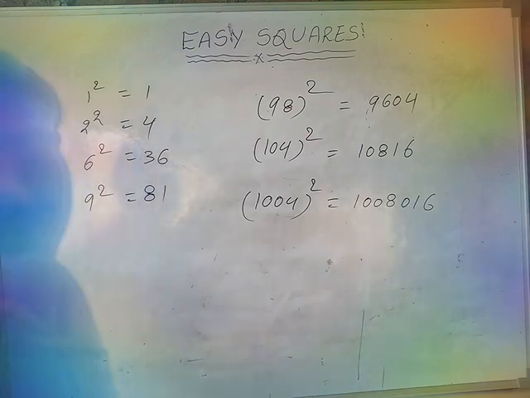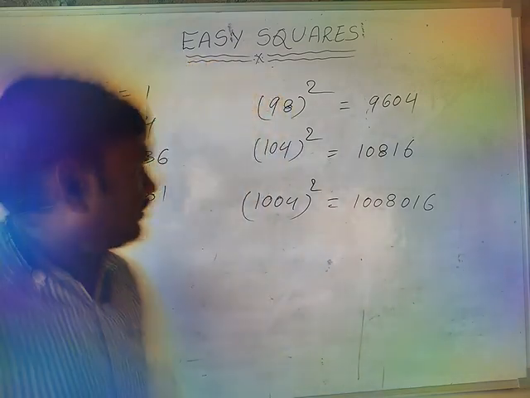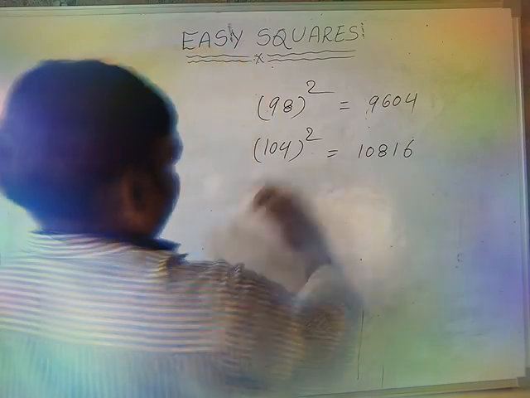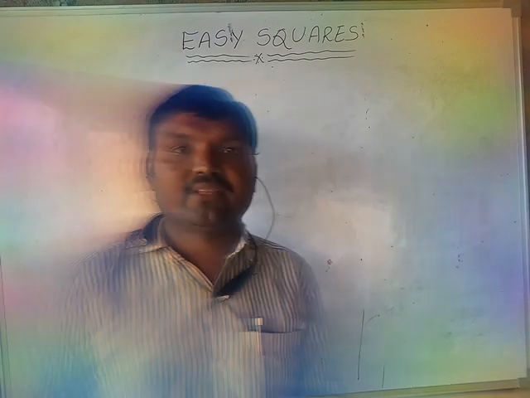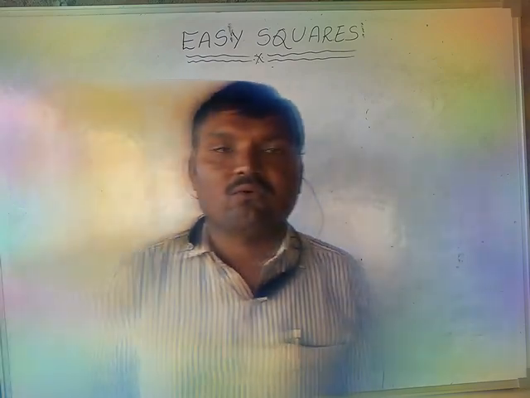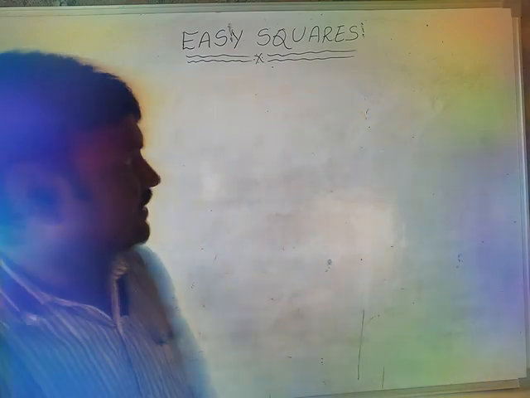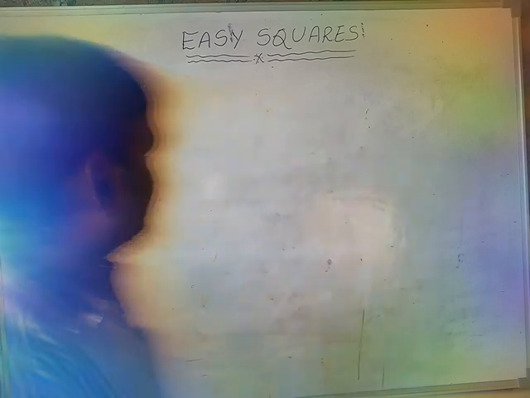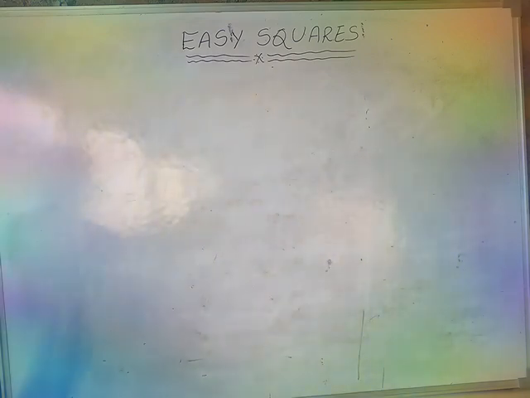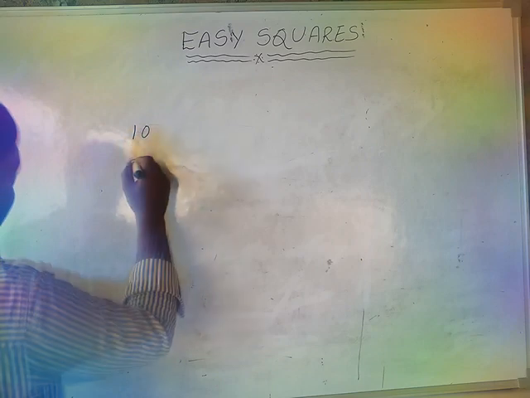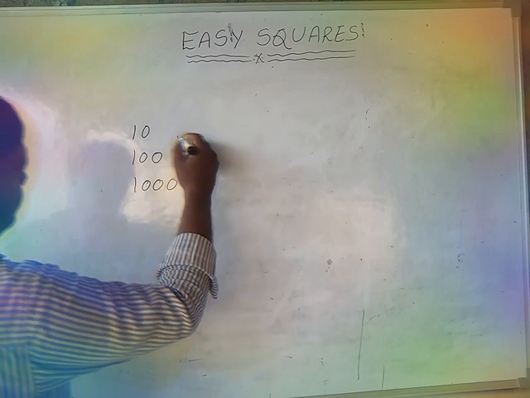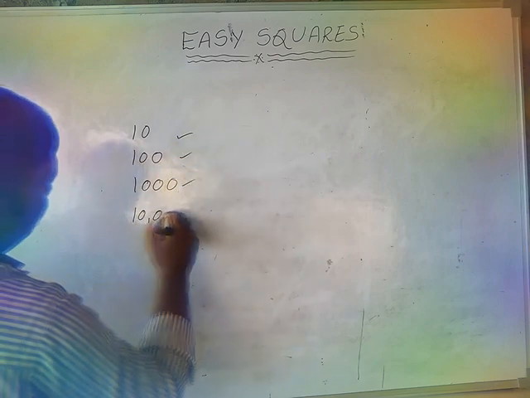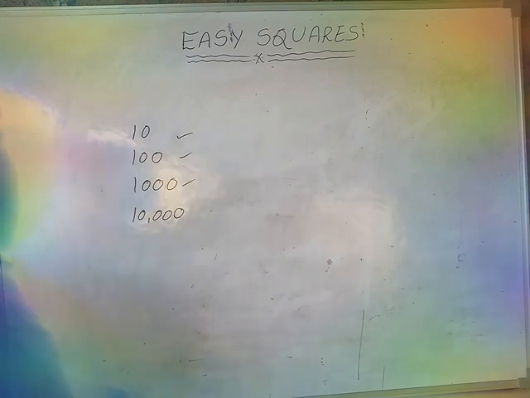You can observe here, the technique will be shown here. So what is that technique? In Vedic mathematics, what is the main base and what is the sub base? First of all, we apply this here: this is 10, this is 100, this is 1000. These are the main bases of Vedic mathematics.